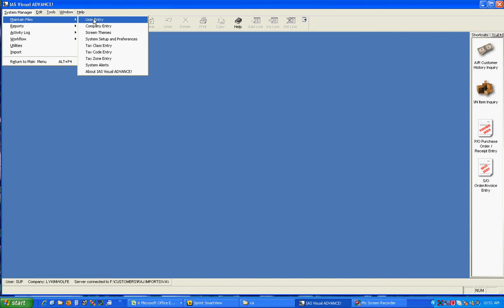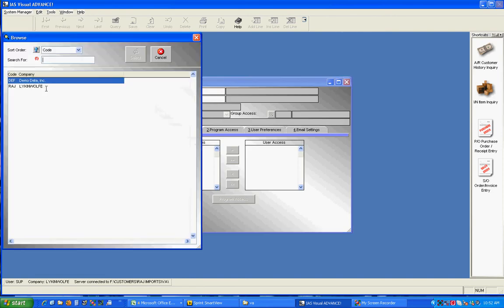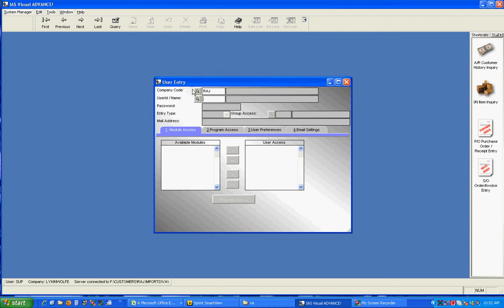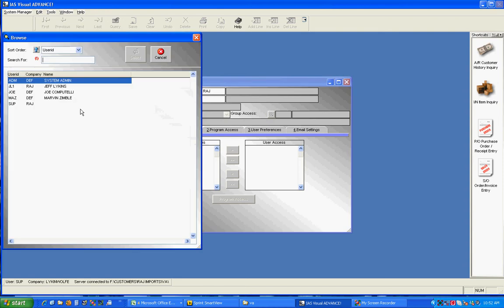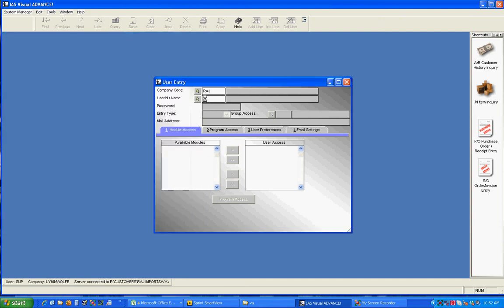To create a new user, click on user entry. Enter your company code, Raj. And these are the users that are already set up. We have Jeff and supervisor. That's it. So let's set up